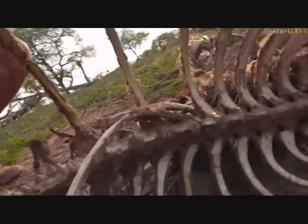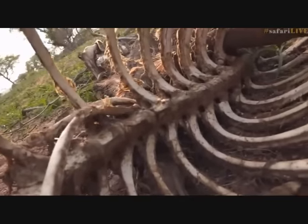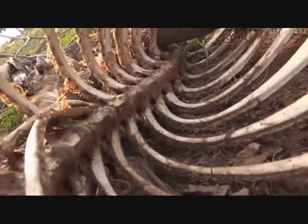They look almost exactly the same age, to be honest with you. I would say probably either the same disease or on the same hot, dry day, they just succumbed to either dehydration or just malnutrition. Their bodies just couldn't take it. Here you're looking inside the rib cage. That would have been where the